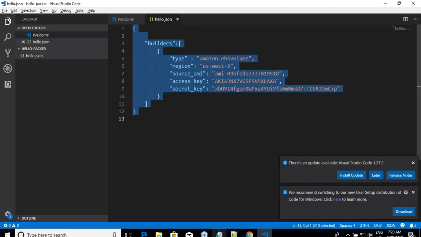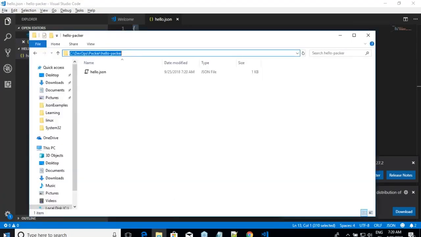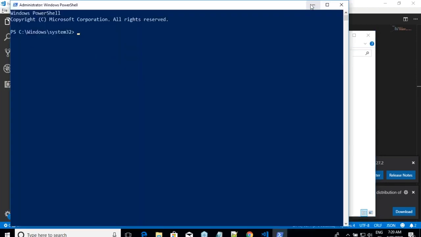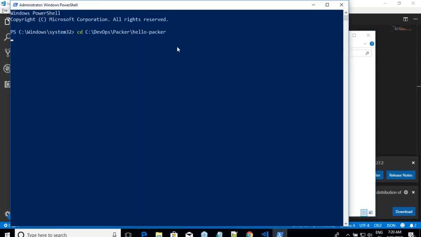Now let me go over here and open PowerShell in administrator mode so that I will not get any port opening conflicts. All right. Let us see what Packer commands are available.